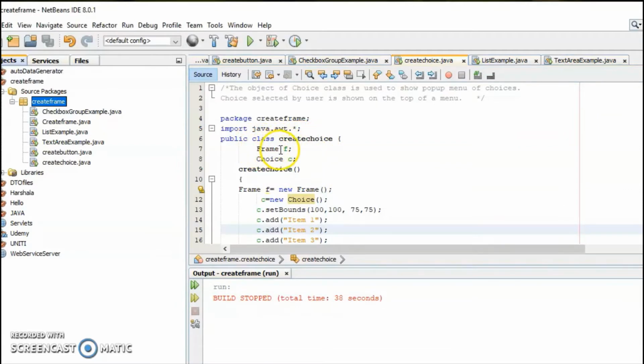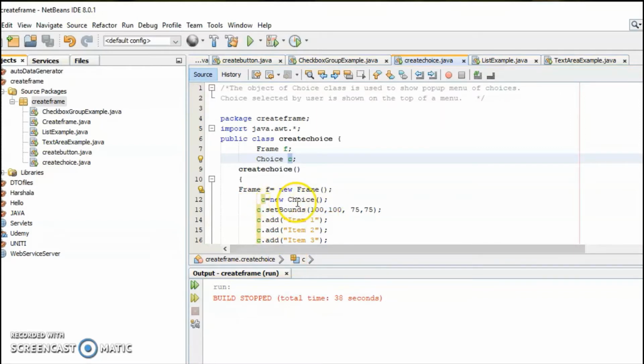In that, a frame object is declared and a choice variable is declared. After that, create the constructor and the frame. In this frame we are not passing any title, it's blank.